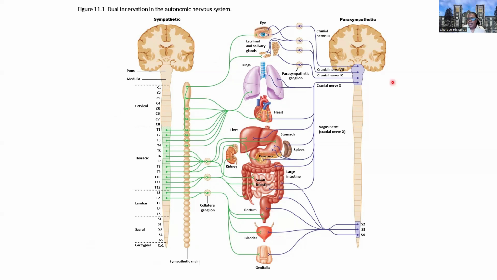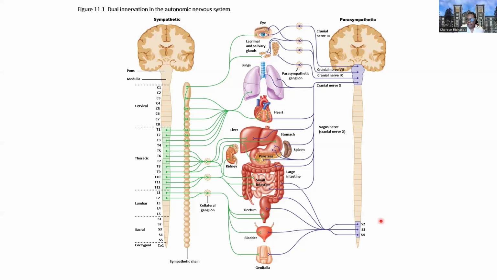On the parasympathetic side, it's a different location. It's going to be the brainstem. So the brainstem, which includes the medulla, the pons, and the fibers of the parasympathetic system are going to arise here. They're going to travel out to ganglia that are close to their target organ, as opposed to ganglia that are far away on the sympathetic side. So the parasympathetic ganglia are closer to the target organs, and then there's another neuron that goes from that ganglia to the individual glands in question.